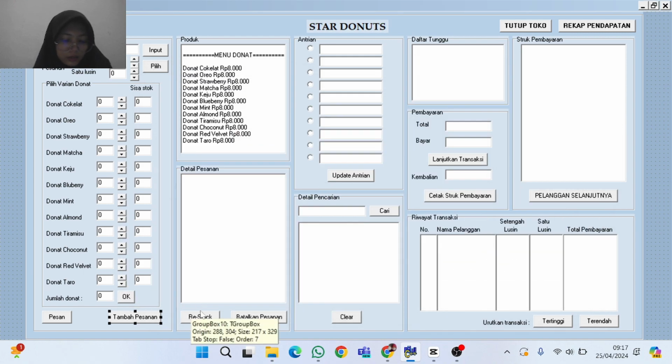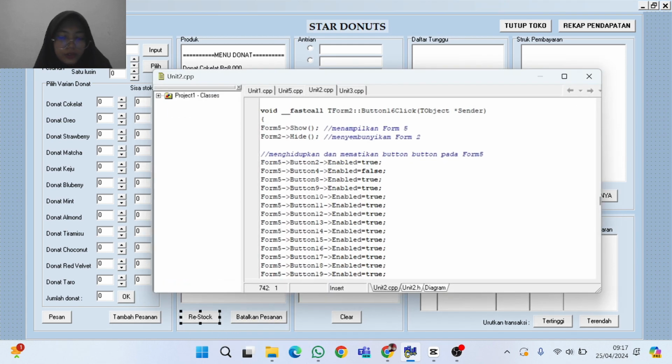Next, the restock button function is to display the stock input form. Here I have created source code to turn off the buttons on form 5.